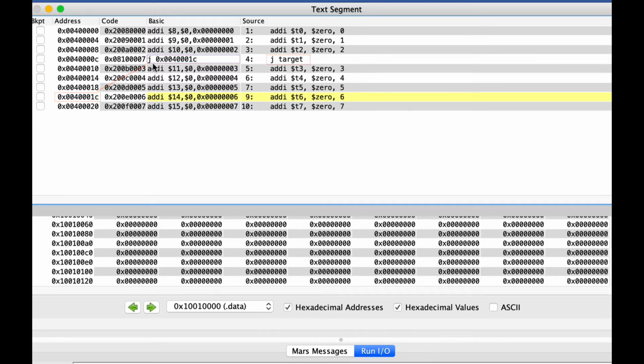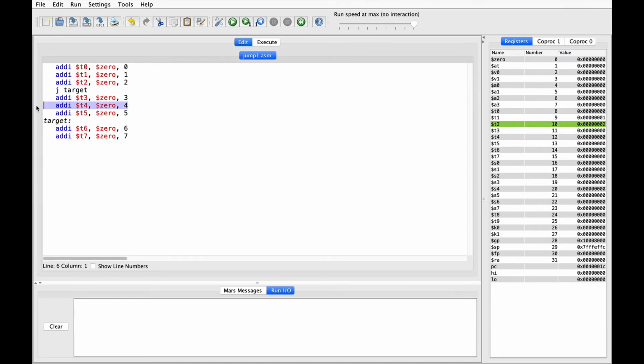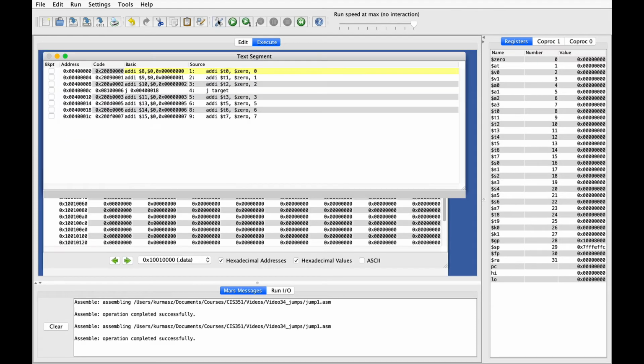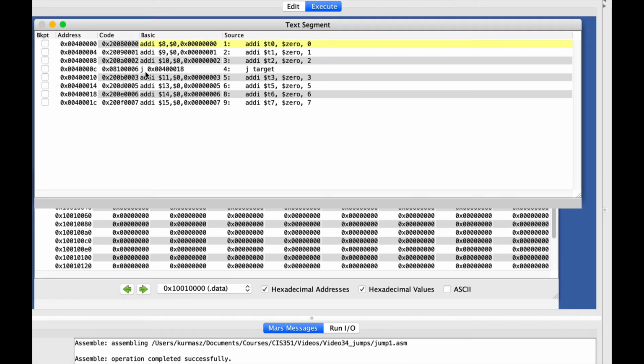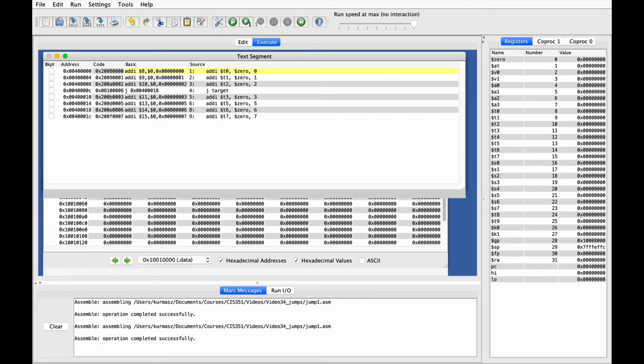and it's that value that's placed up here. Now, in theory, we could write assembly code using addresses instead of labels, but that would just be a nightmare. You would have to adjust the addresses every time you added or removed lines of code. This system of using labels is much better because the assembler automatically computes the correct address for you. And if you add or remove lines of code, like I'll do right here, you just reassemble the code, and you can see that the assembler automatically recomputed the address in place of the label. That means the programmer doesn't have to worry about figuring out which labels changed, or if they did,